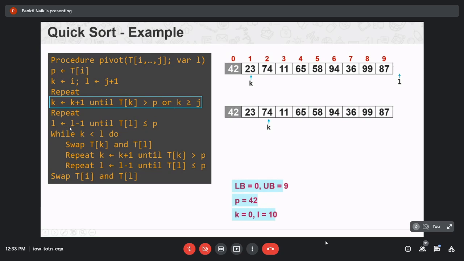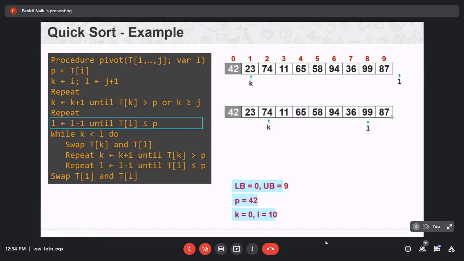Then it will execute the next statement, that is L minus 1. So now L becomes 9, until T of L is less or equal to the pivot value. So T of L is 87, which is less or equal to 42 or not? No. So again L minus 1.